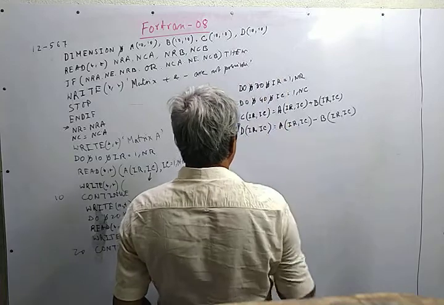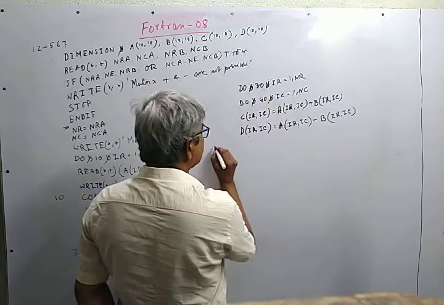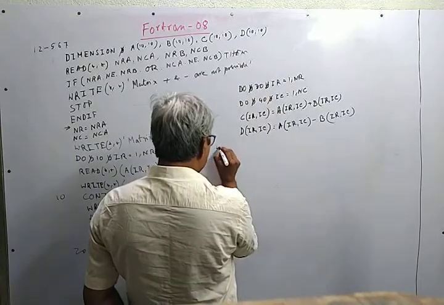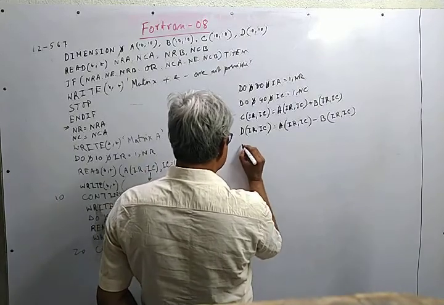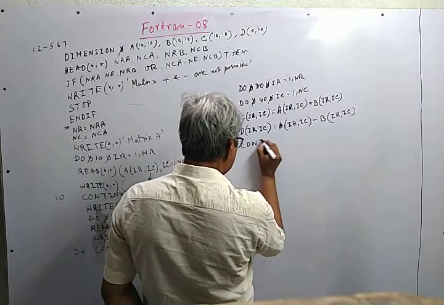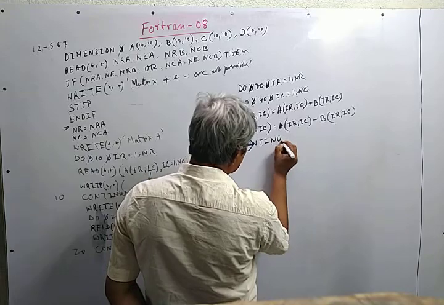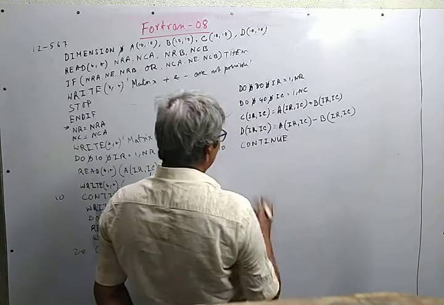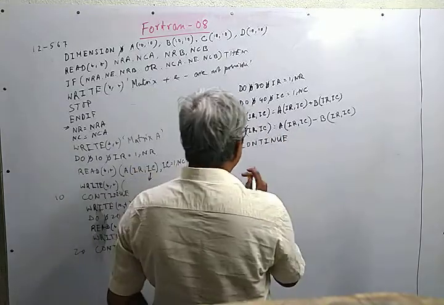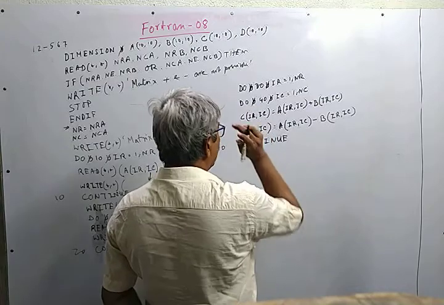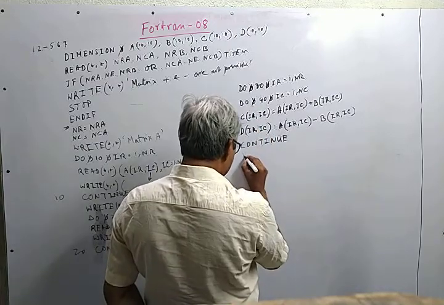then we end the loops. So first the inner loop 40, then we have to write, we can write the matrix C within this loop. Then we write